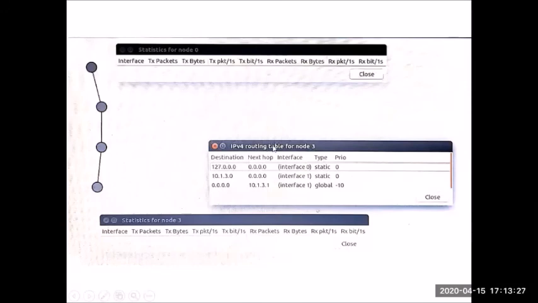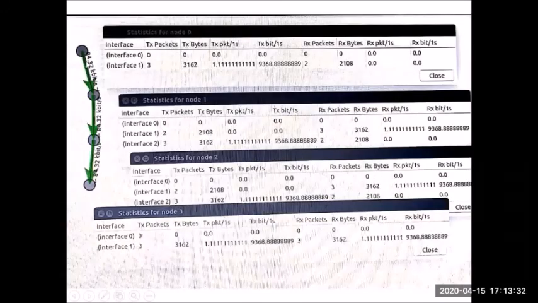Similarly, if I open the routing table, you'll see this window. So all this, when I run, you're seeing the packets flowing. The green arrows here indicate once I have run, I've taken a screenshot. You see this green arrow showing running of this and at what rate it is passing. And see all these interface statistics for node 0, node 1, node 2, node 3.